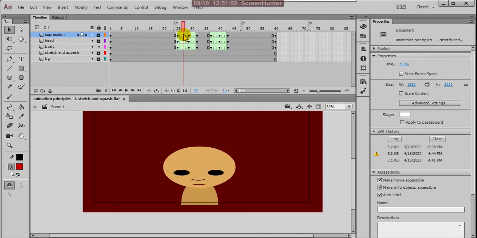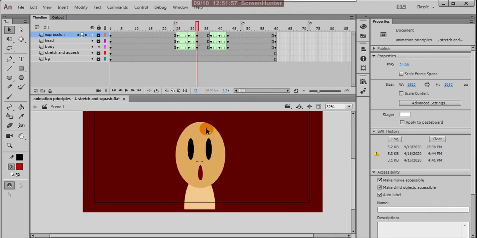Why? Because when you squash and stretch, here you are noticing something, you are surprisingly noticing something. So that means what? Allow a few frames to hold that; to recognize something you have to allow a few frames. For that I'm allowing 6 frames.